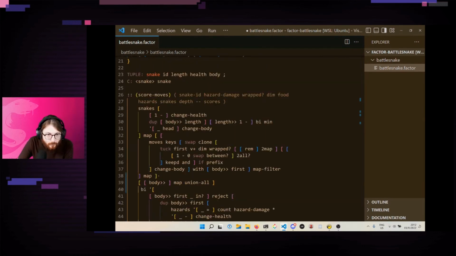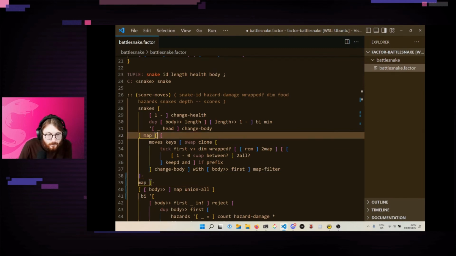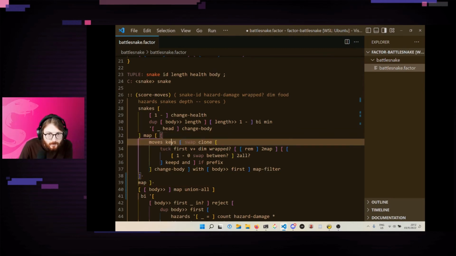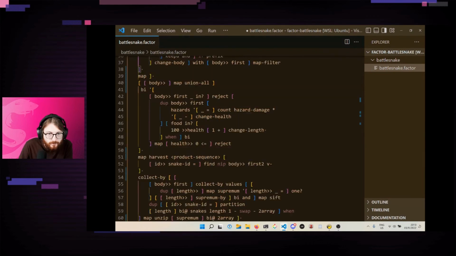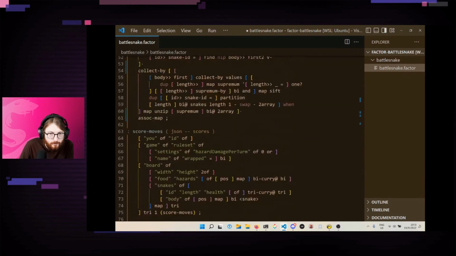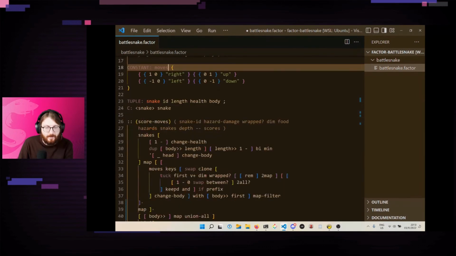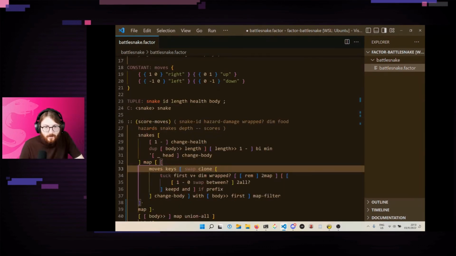Right. So we have edited snakes come into this. This moves and keys, so we're getting the... This moves a function we define in here. No. What is moves? Oh, this is moves. This is the constant we defined for the moves. So we're getting all the keys from the moves. That makes sense. So that'll be getting these. And then we have